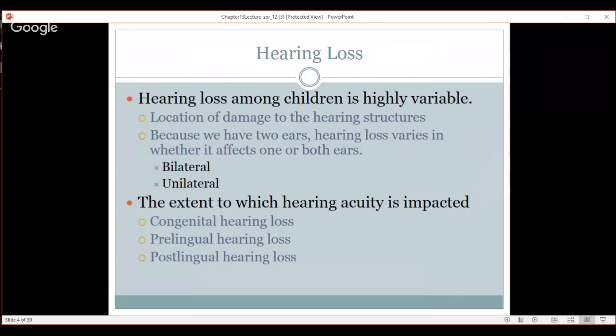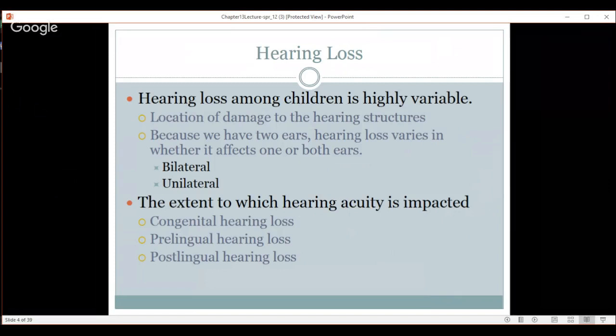Hearing loss among children is highly variable. Looking at different aspects of that, the location of the damage to the hearing structures is looked at. Because we have two ears, hearing loss varies in whether it affects one or both ears. Obviously, a bilateral hearing loss is going to affect somebody's hearing more than a unilateral hearing loss, or a hearing loss in one ear. The extent to which hearing acuity is impacted